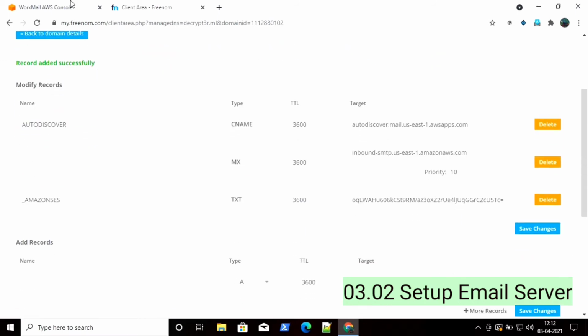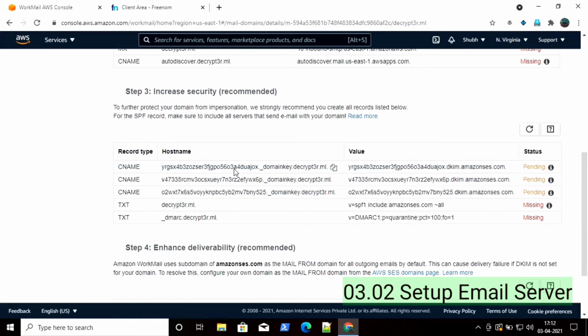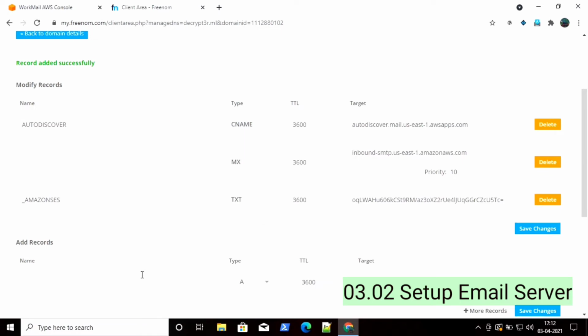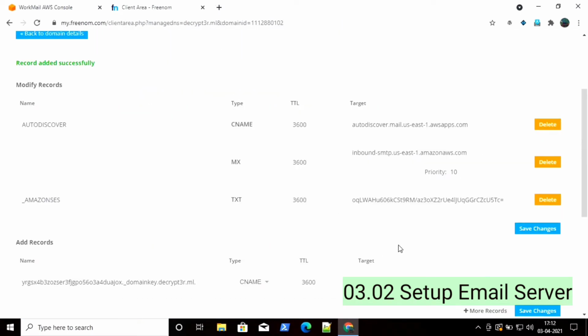Likewise, copy paste each and everything. There are total three CNAMEs and two TXT records. So copy one by one everything. Copy value, paste here, save changes.